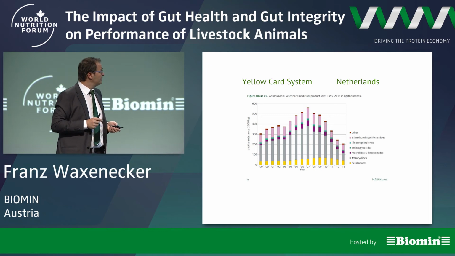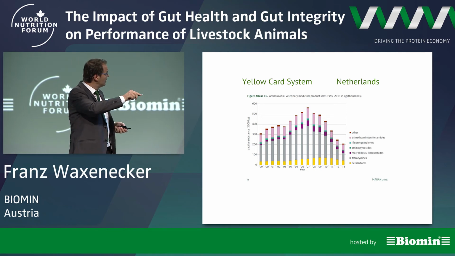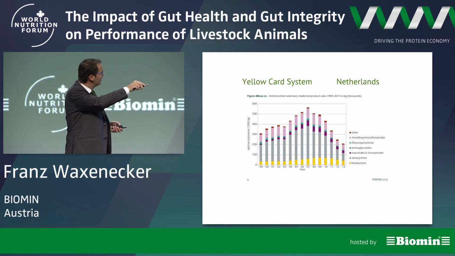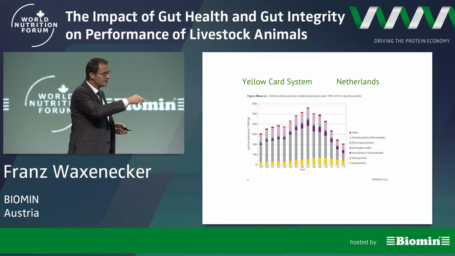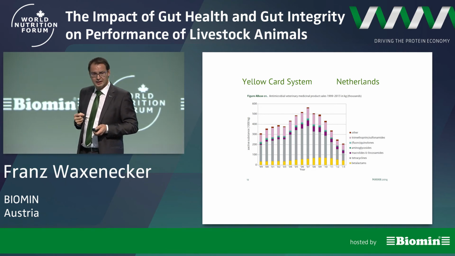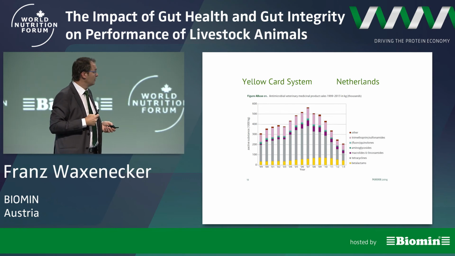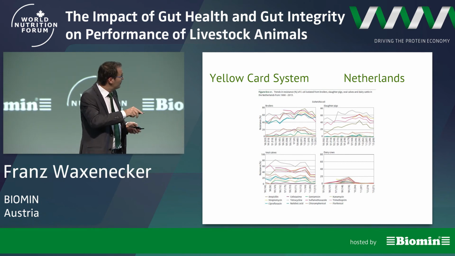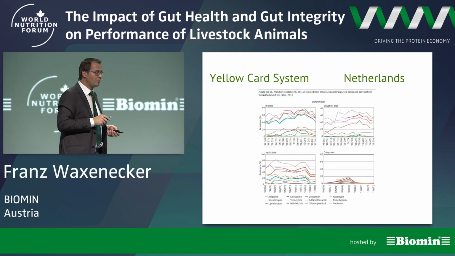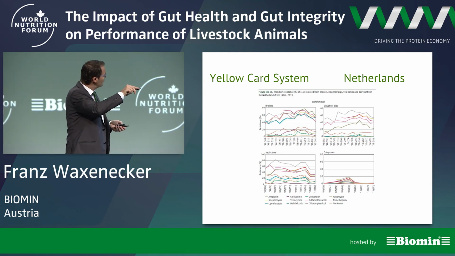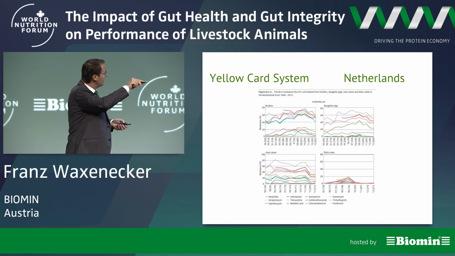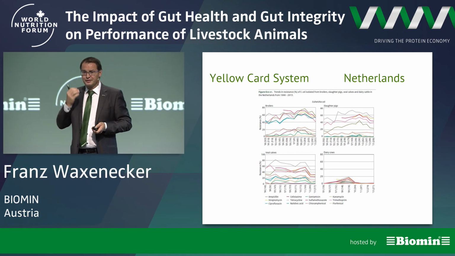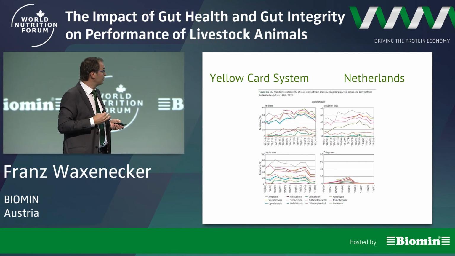And if you see the recent report from the Netherlands, also in the Netherlands in 2006 the growth promoters were banned, the use still went up for 2 years, and since the yellow card system was brought into place, the use of antibiotics went down. If you want to see some positive impact already, we could see some. That's the recent data from the report, and we see that in all species, broilers, pigs, the line of resistances goes down, and it is to be expected that this line goes down after the overall consumption in Europe was limited.